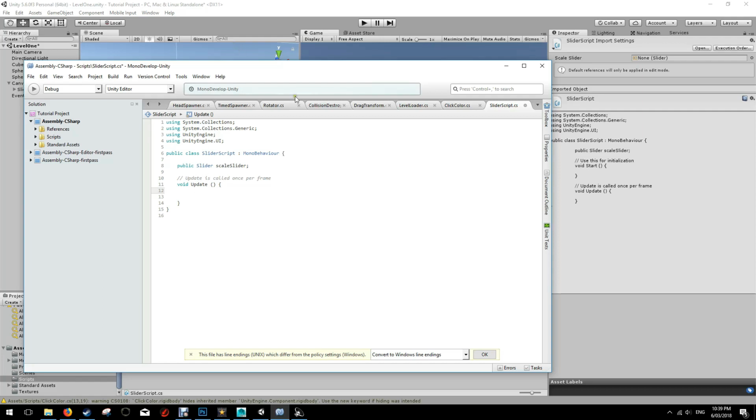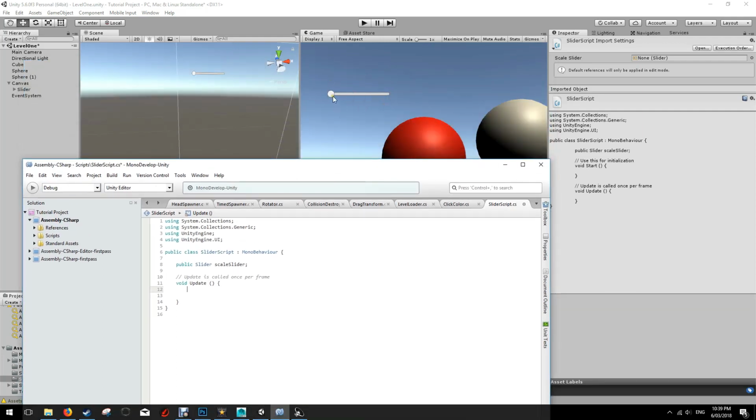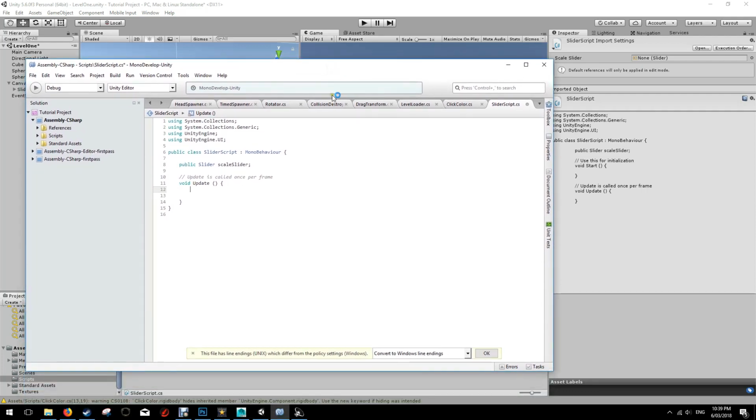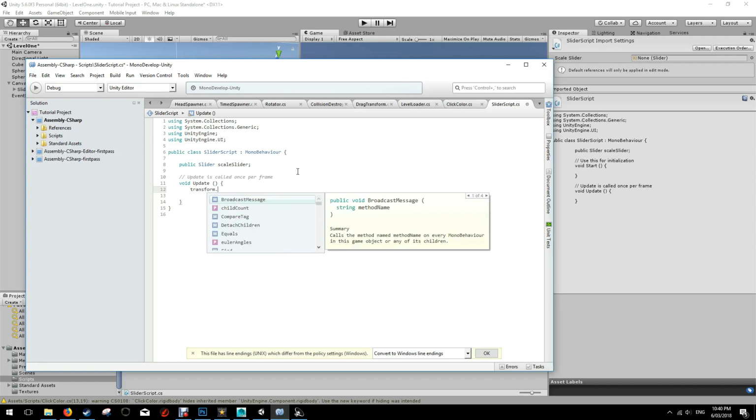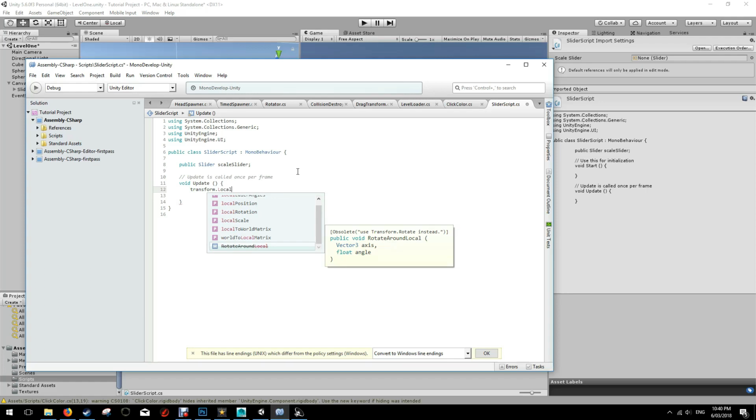Because as soon as we change the value, and that could be at any time, it needs to be able to change the size of the sphere. So the command we're going to put into our update function is transform dot lowercase transform, which means this transform dot local scale,